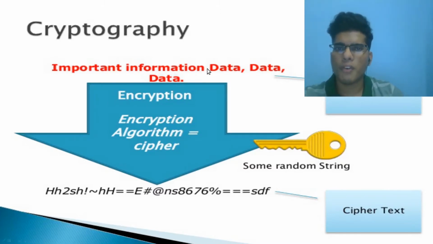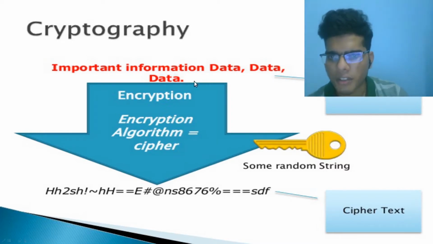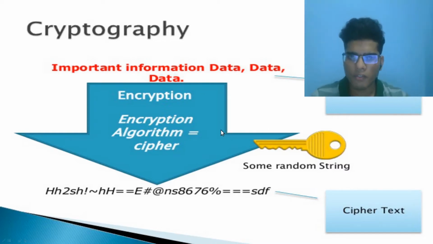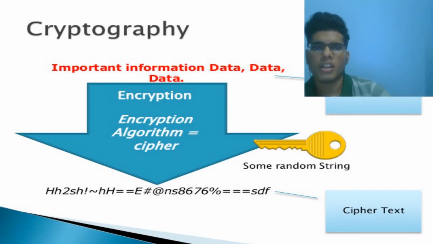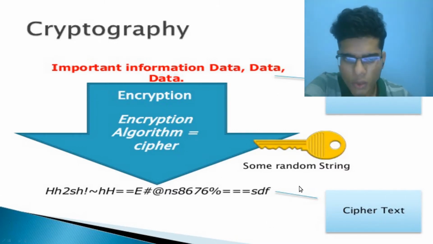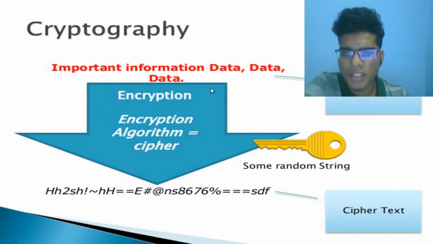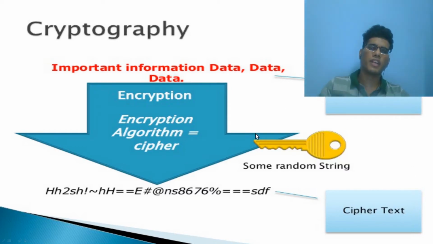Say you have an important piece of information or data and it goes through the encryption process. The encryption process takes two inputs. One is this data and the other is a random string. The output of this process is a random string which is a ciphertext which holds this information. As discussed earlier, the main scenario we were concerned about was what if an anonymous user captures the packet sent by you. When you encrypt this plain text into a ciphertext, and if anyone gets this ciphertext, no one can retrieve any kind of data from it. To retrieve the plain text from the ciphertext, you need the original random string which we gave to the function initially.